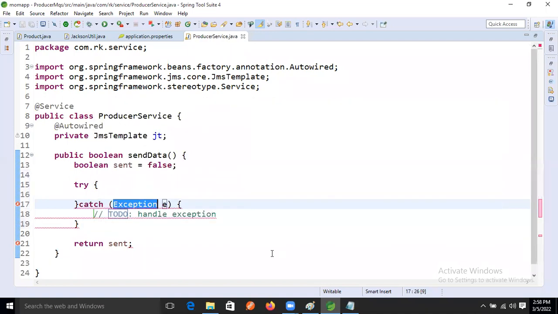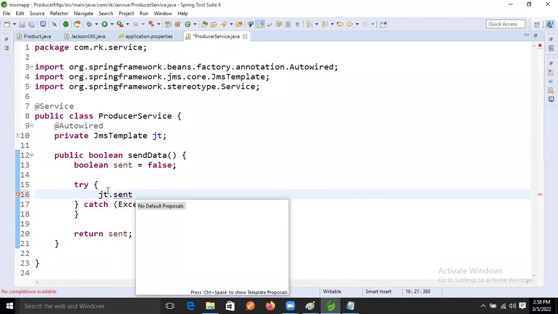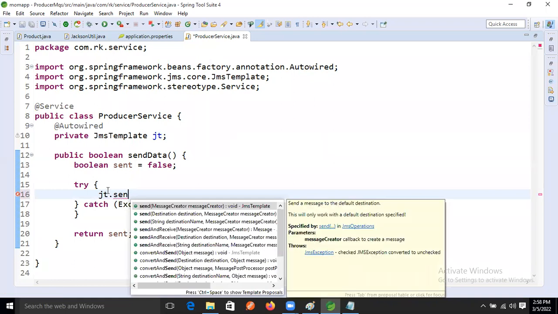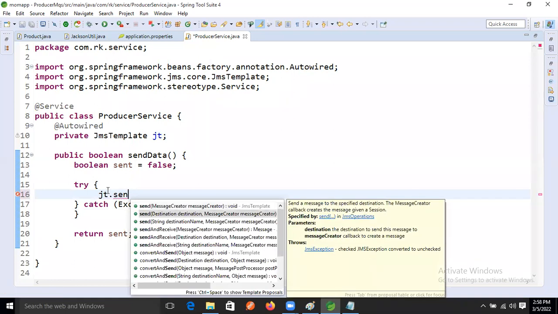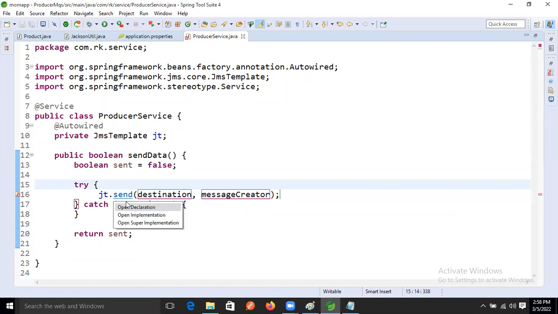So what am I doing now? I'm taking that. Okay, so what will we do now, jetty, right? Let's take the jmsTemplate dot send method, right? The send method is there. It has a two-argument method. This one is two-argument. The first one is destination, right? Destination is string type, right guys?